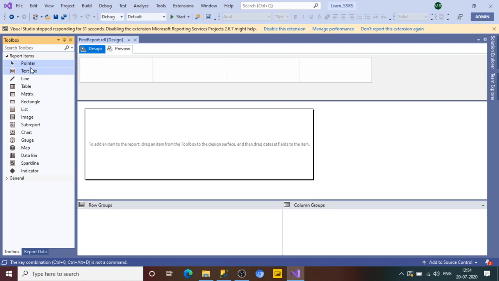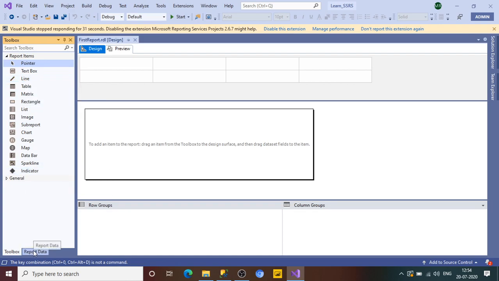Similarly, in a report we have the report items. Here you can drag and drop and create your report accordingly. If you want to add a text box, you can add it. Want to add a line, or generate a tabular report, you can drag a table over this design pane and create your report. If you want to create a matrix, these are the options. In a coming session I will cover each and every report item and generate a report.